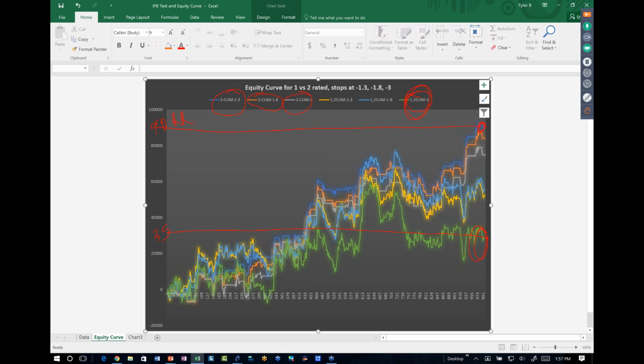Now, some of you may say, but Tyler, I'm not day trading. I don't want to day trade. You can do the same concept for swing trading, for position trading. Because I primarily day trade, I've got lots of data for day trading. And so I wanted to show this, and I use day trading because that's where I get my data from.